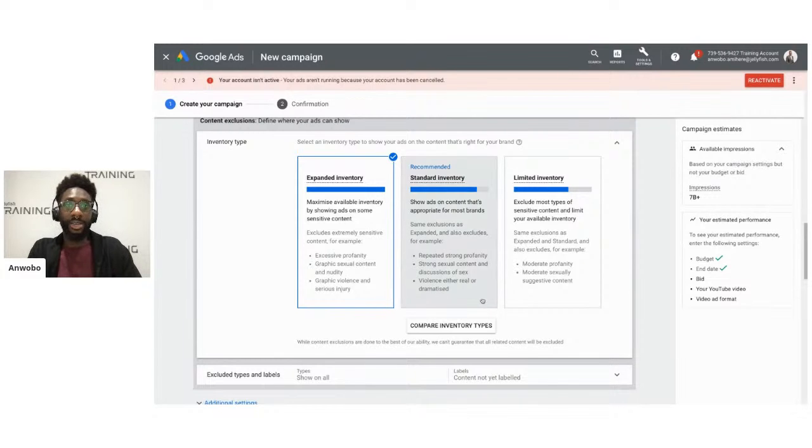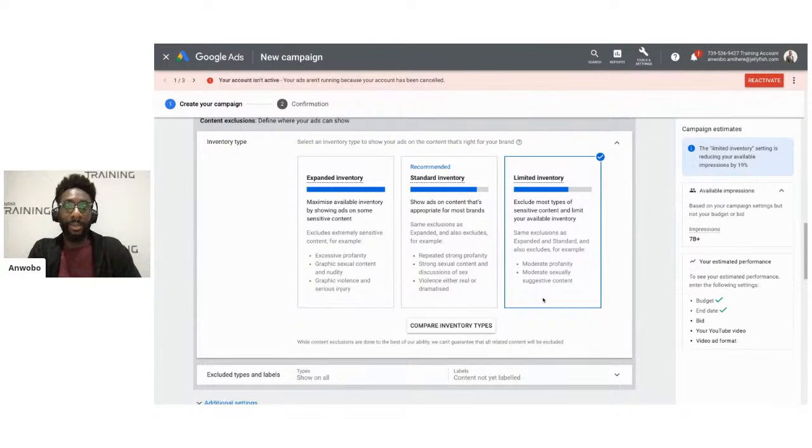The recommendation generally for most brands is that the standard inventory is fine. But if even moderate profanity or moderately sexually suggestive content is not aligned with your brand, you have the ability to select the limited inventory in order to show ads to your users only on this type of content.